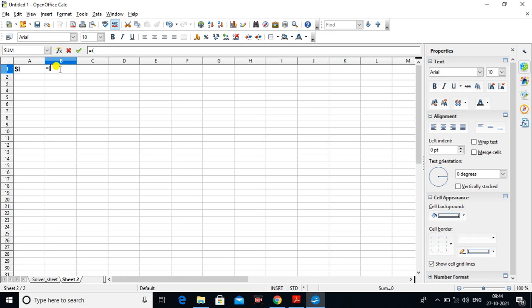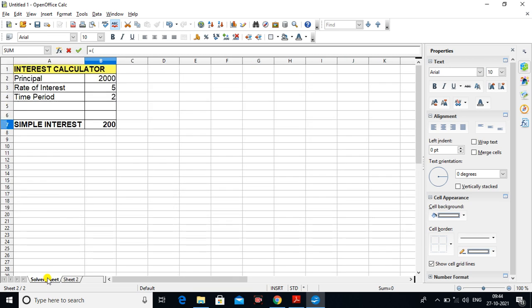Then I will go to the solver sheet. Now which cell do I want to reference in the B1 cell of sheet 2? I want the result of simple interest to be reflected on that cell.